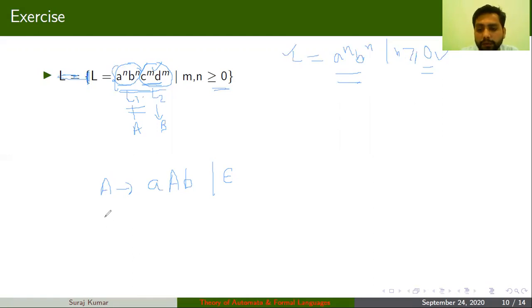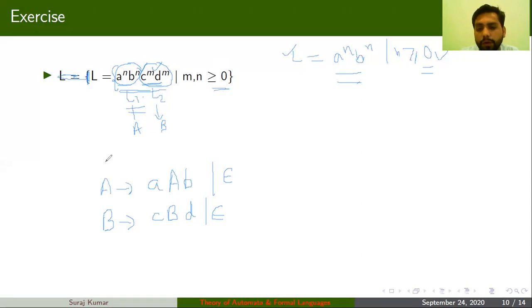Okay, now similarly for the second language, you can write it as B implies cBd. So with the help of this recursion, you can check for an equal number of c and d. And here also your smallest string will be epsilon. So the second rule will be to stop this recursion, so you will apply B implies epsilon.